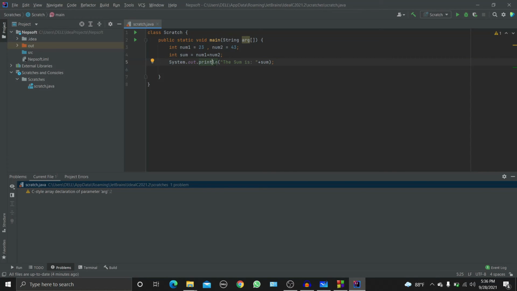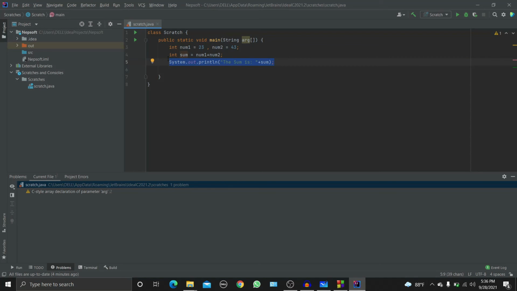Here print means simply print on the screen, and ln means at the end. At the end means after sum. When all this is printed on the screen, it will break a line, and at the end it will give one extra line.